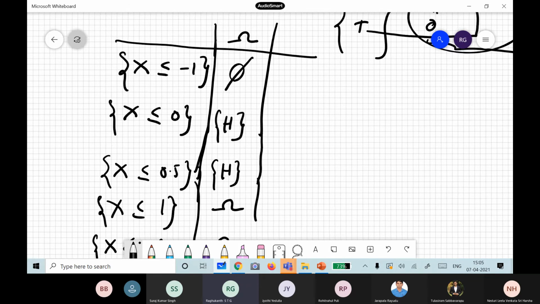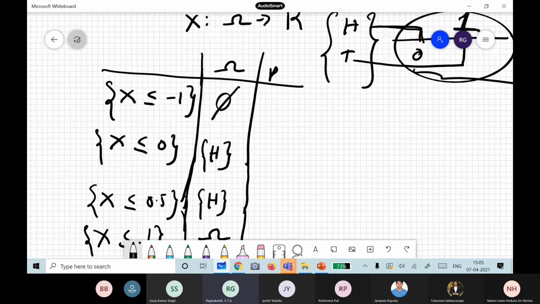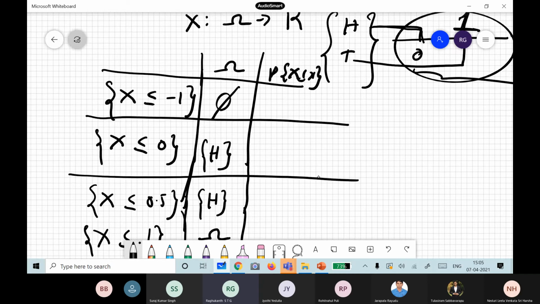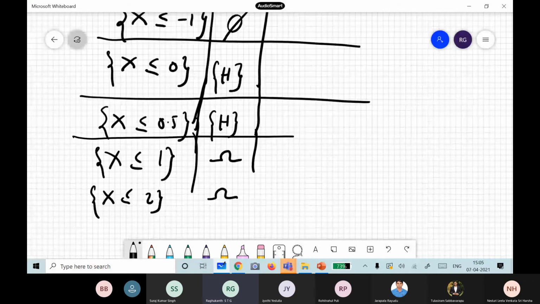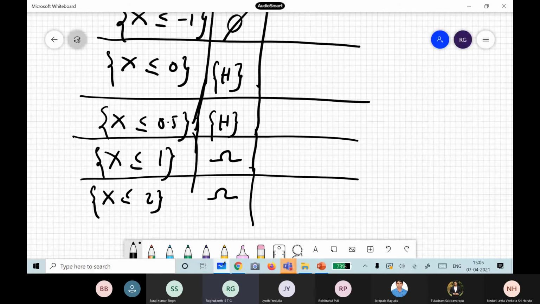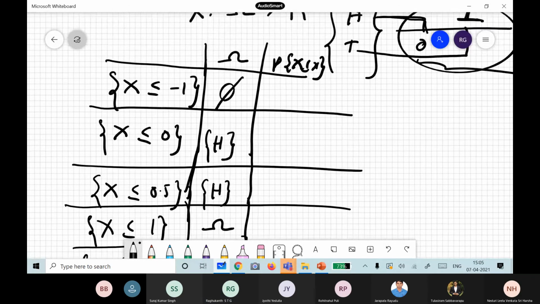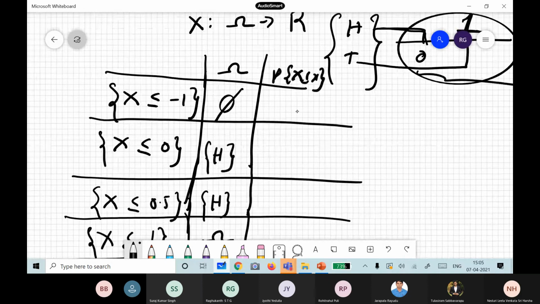Now you can see the advantage. Once everything has been transformed to real lines, you can do all operations. So 2.5 also I can find out, 3.5 also I can find out. Everything I can do. Now if I try to find out the probability also, say, X less than or equal to x: what is the probability of getting the null set? In probability theory, the null set probability is how much? It is 0.